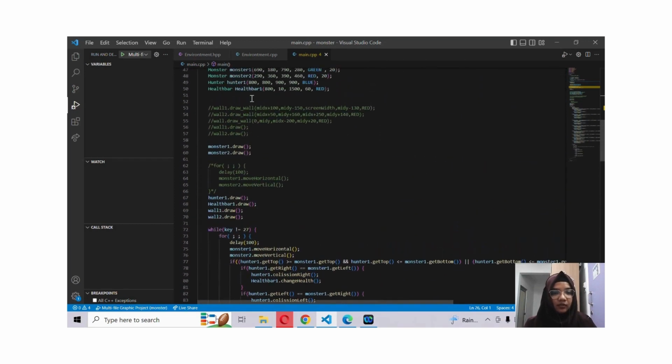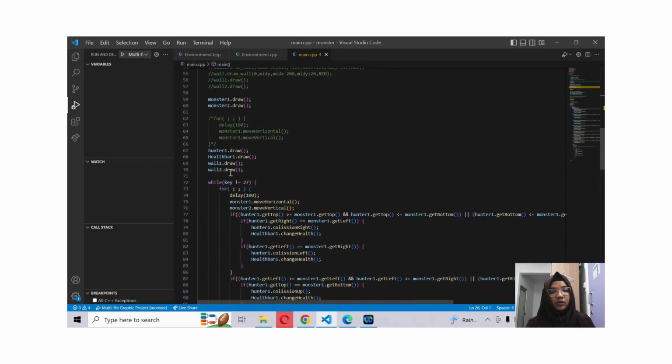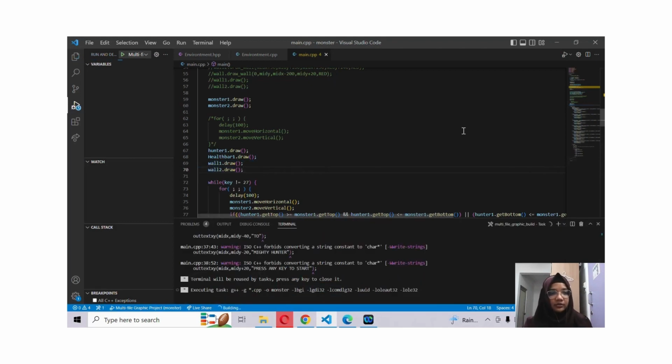Due to some problems, our wall1.draw and wall2.draw have been commented out, because if we didn't comment this out, then the hunter and the monsters collision logic was not applicable for some reason. That's why we decided that we should comment out the walls so that those logics are not disturbed. So if I uncomment this, and if I now run this program,